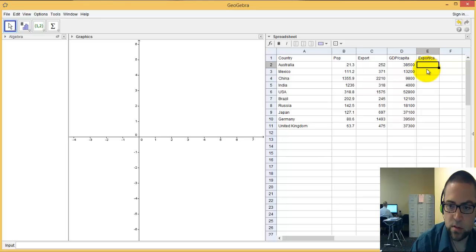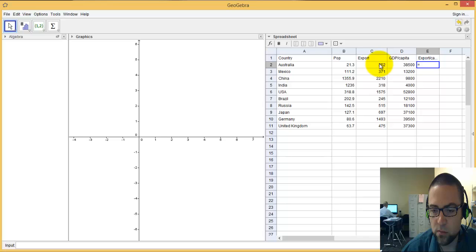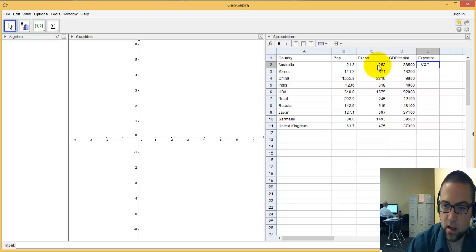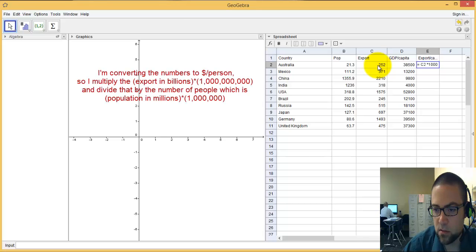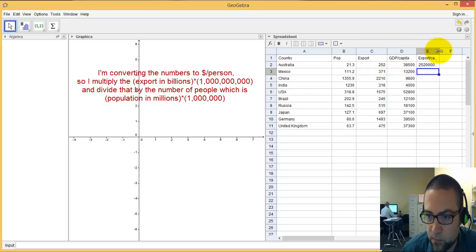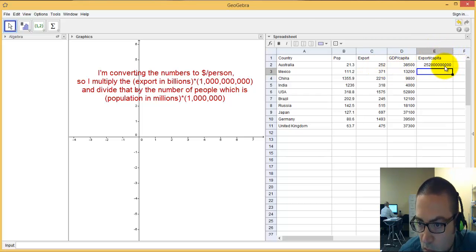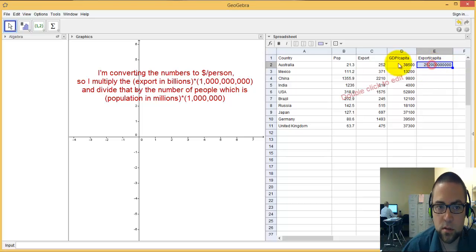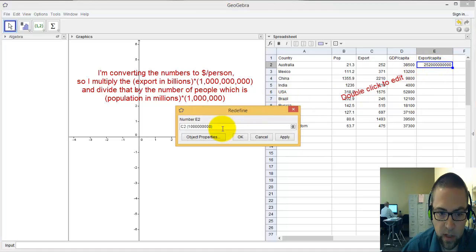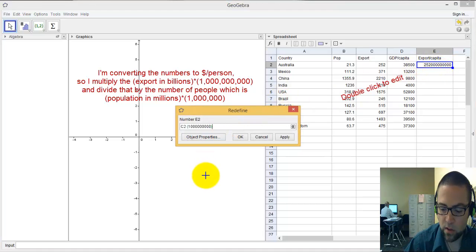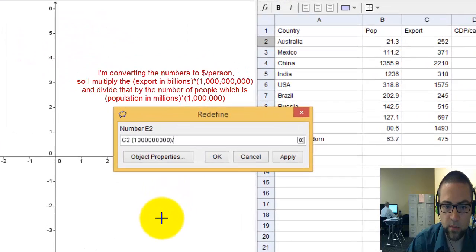Okay, so I would say equals. Now I'm going to multiply. This is in billions, so I'm going to say take whatever's in this cell times 1 billion. So that's 3 zeros is 1,000, another 3 zeros is 1,000,000, another 3 zeros is 1,000,000,000. So I think that's right. 1, 2, 3, 4, 5, 6, 7, 8, 9. Yeah. Alright, so also after I multiply by 1 billion, I want to divide by the population, so I get